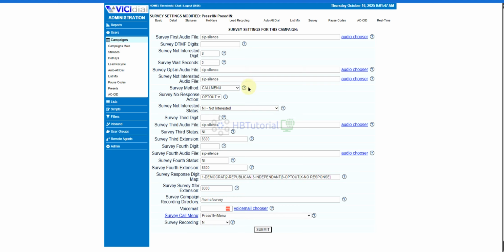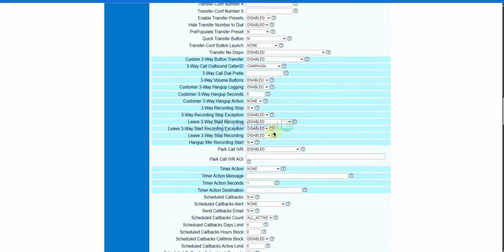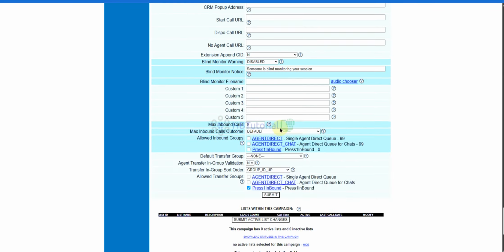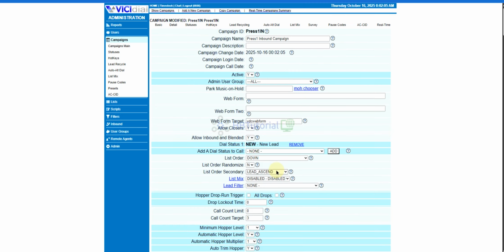Okay, so now we are on survey campaign. So we can check again our details. So this one is the survey campaign within the same campaign, right? So later on we will create another campaign, because we will use a remote agent to dial. So even though there is no agent logging in, the system will still be dialing.